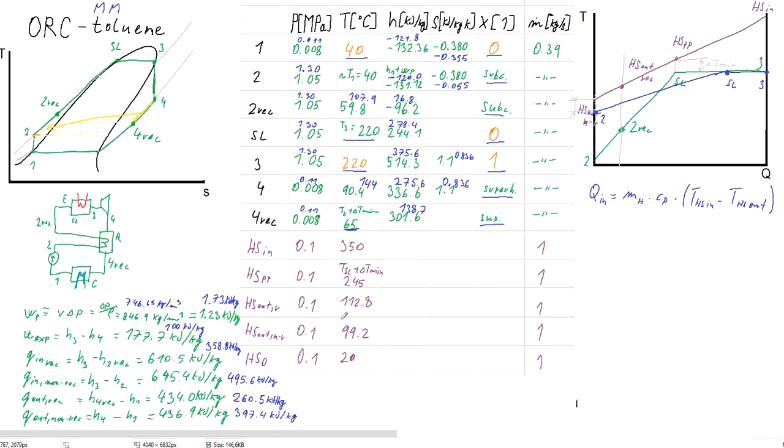So in this case it will be temperature T2 plus delta T min, which means that temperature heat source out will be 65 degrees C. From that we get the heat input into the cycle as m Cp delta T, 286.4 kilowatts,